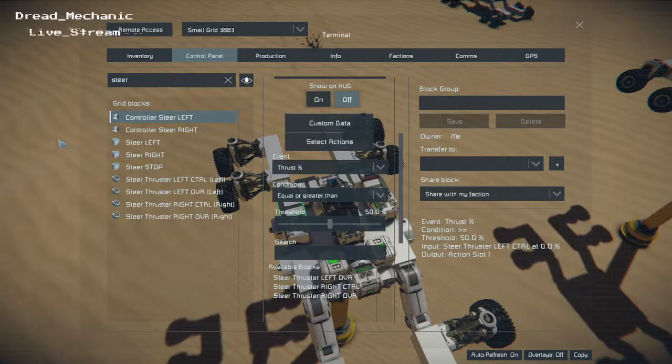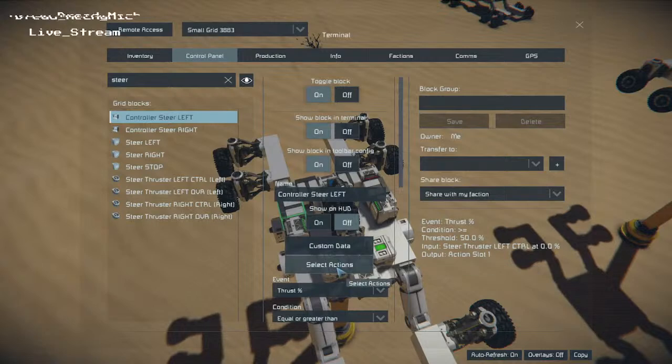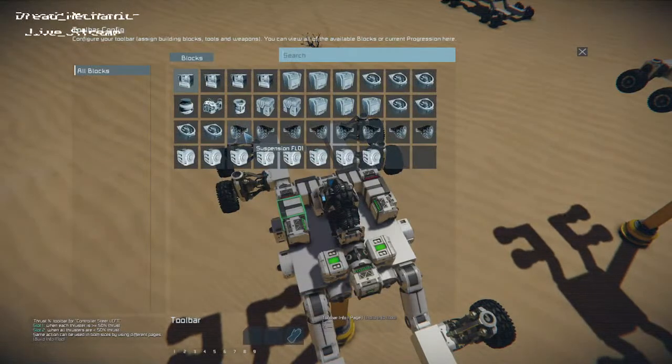I've done all the mech stuff like this. It was actually building a mech with this system in mind that inspired me to do this little stream here. But yeah, back to what I was talking about. The steer controller. We want to do the same thing that we just did with the drive wheels